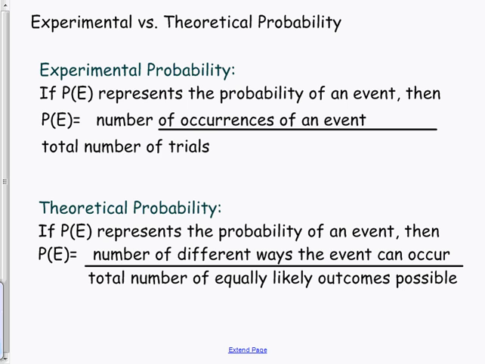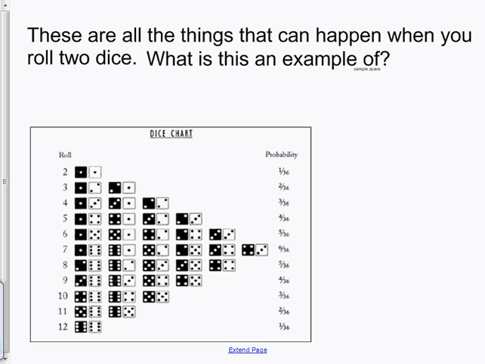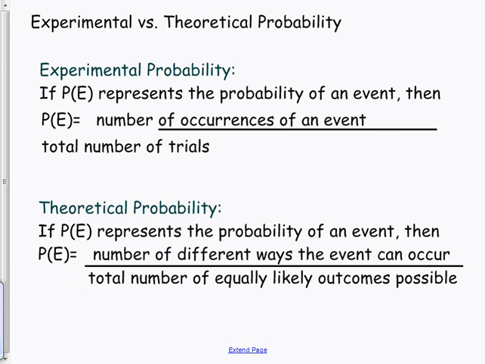All right. Now, my point here is, what's theoretically what are you supposed to get when you roll 2 dice? Well, that's that chart. This is theoretically the probabilities of rolling these different things. And 7 is the one that's most likely. But when you actually do an experiment with the dice, could you find out that the dice were coming up 7 way too often? Yeah, because they could be loaded dice. So the point is that theoretical is what's supposed to happen. Experimental probability is what actually happens when you do an experiment. That's the point you're trying to get here.